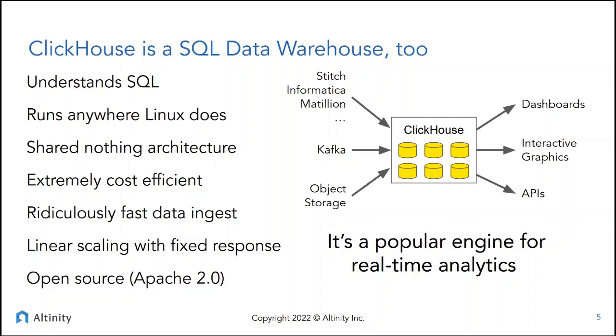This is really fast. And together with that fast ingest, if you design for the types of applications that ClickHouse supports very well, which tend to be very, very large time-ordered data sets like observability data, market data, things like that, you can build systems that really give you linear scaling as you add more resources and with a fixed query response. This is very, very important for applications that need to respond in real time, like real-time marketing or generating metadata for financial applications, things like that.